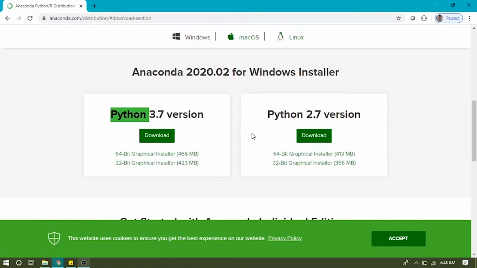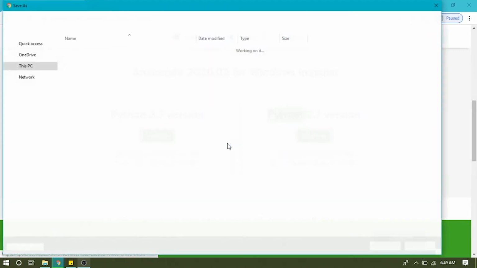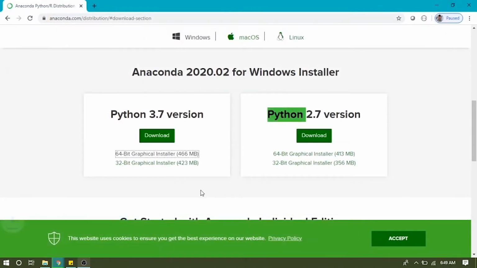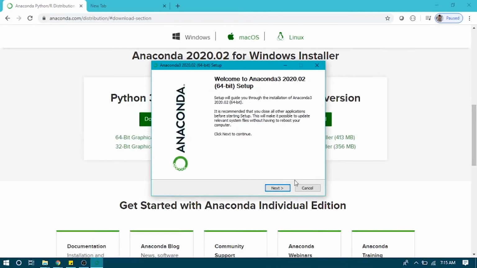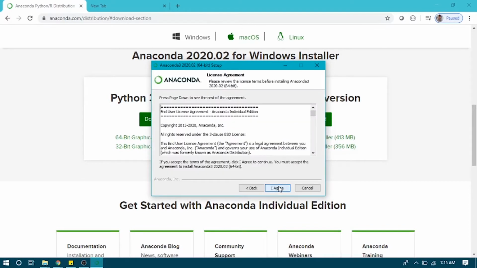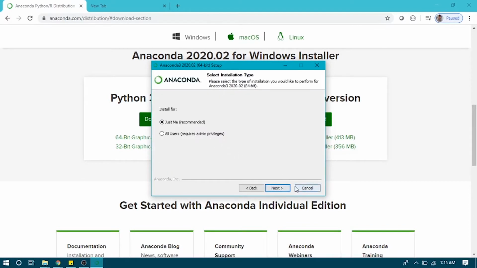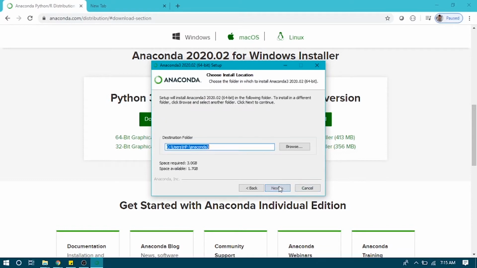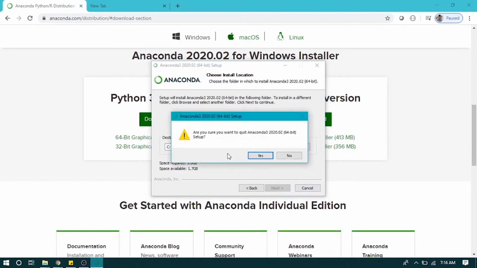It gives us two options, whether you want to install it for Windows, Mac, or Linux. We will install it for Windows and for 64-bit. So let's install it first. Open the setup of Anaconda and you will see a screen like this, and just hit next, agree to the document, and install just for yourself for the time being. Since I have already installed Anaconda on my laptop, just hit next and install Anaconda. After that,